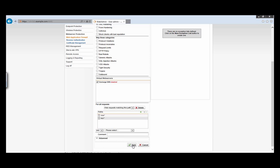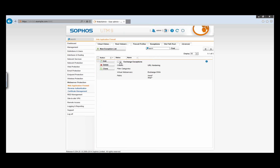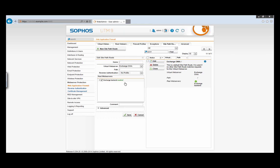And that's the configuration here. Now, this will enable straight away so that we don't forget it. The last thing we do before I enable the virtual server is we'll go into site path routing and we will click on the default route that's been created. So here is where we will see our reverse authentication profile make a comeback. So let's first set the path to /OWA/